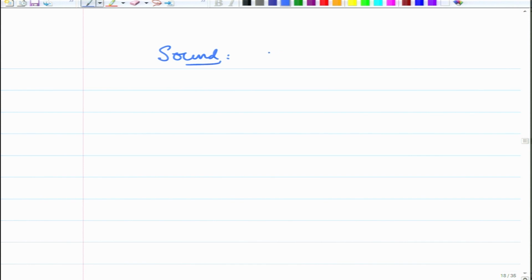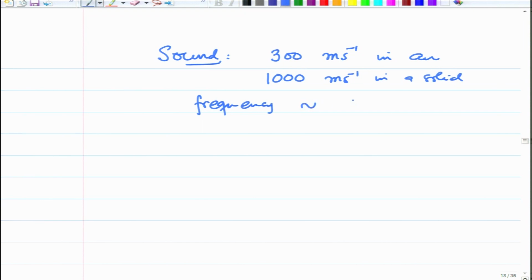Sound, roughly the speed is 300 meters per second in air. Let us say of the order of 1000 meters per second in a solid. It is much larger, but let me take 1000 meters per second, and the frequency of our sound is almost of the order of 100 to 1000 hertz. So, lambda of sound is of the order of meters, all right, and